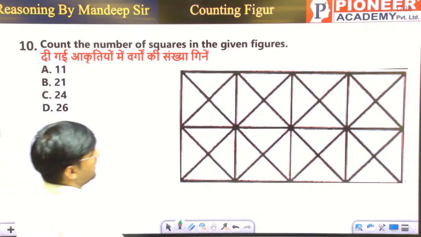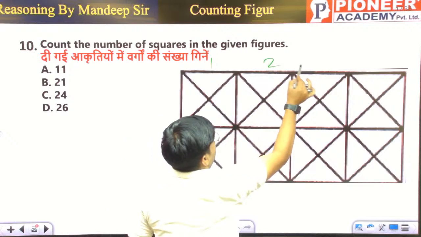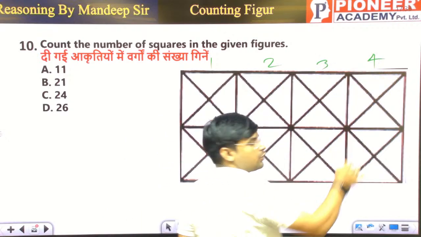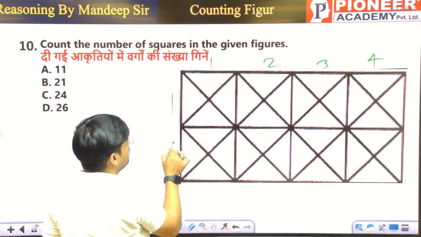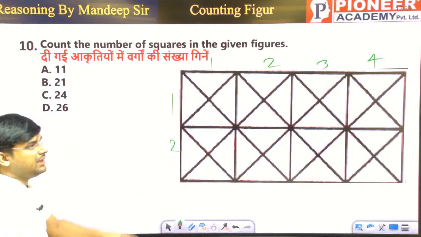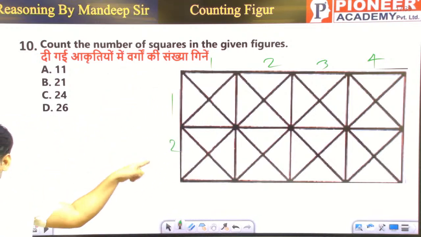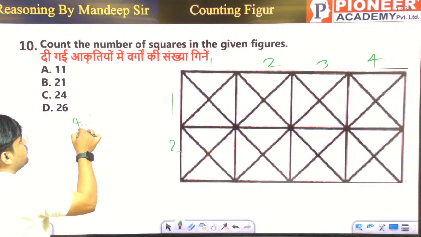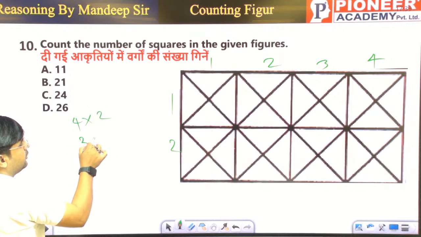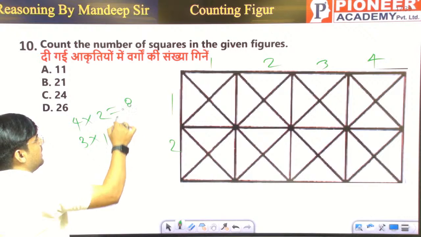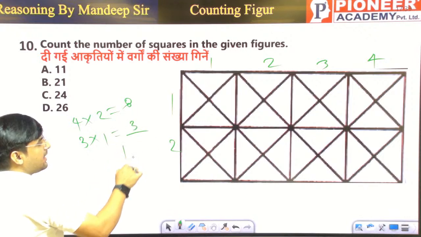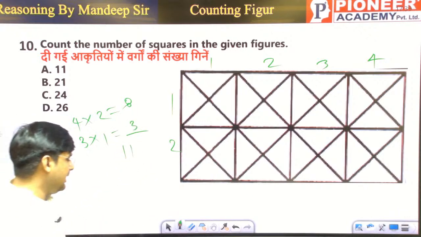Let's see. There are 1, 2, 3, 4 rows and 2 columns. We have to multiply the largest number of the row into the largest number of the column. 4 into 2 and 3 into 1. 8 and 3. There are 11 and